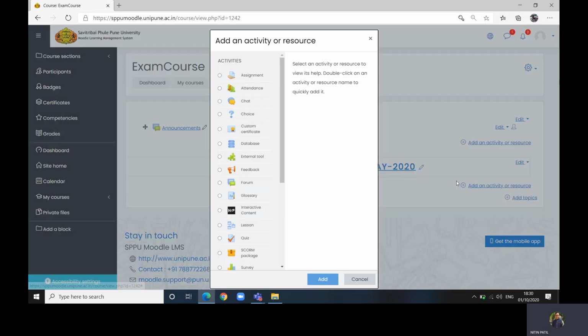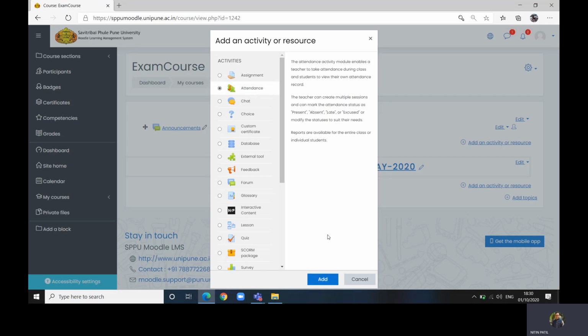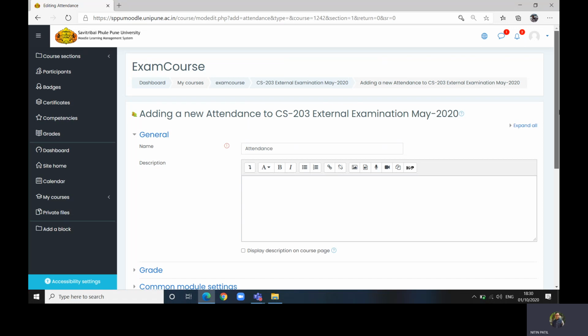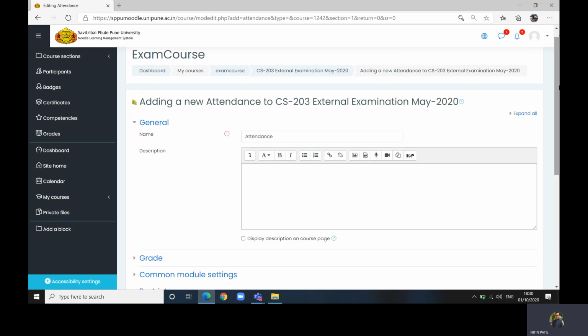Now go here, add activity now called attendance, add the attendance. So we want that attendance to be made available for the student. Every student who wants to opt for this course examination should mark his attendance.